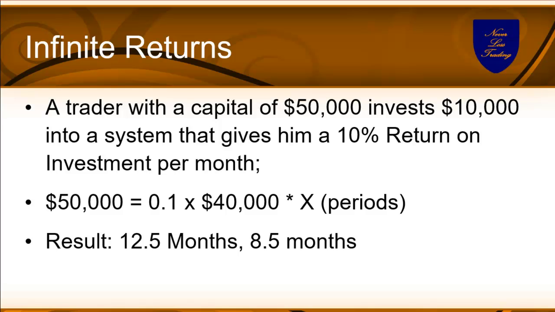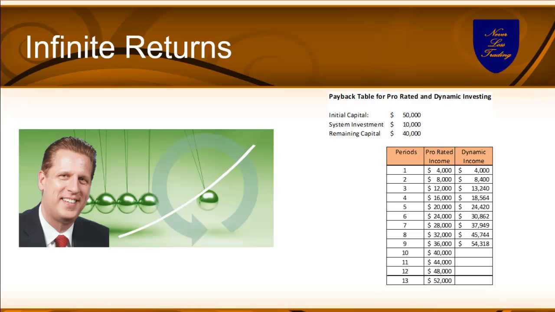Then we recuperate all the 50,000, so we have 50,000 additional capital, or 8.5 months, which we consider compounded interest. So how does it calculate? I put a little scheme up there that you see: when you make a 4,000 return in the first month and you consecutively always do the same, straightforward, it takes 12.5 months to be at 50,000. If you take a dynamic approach where you reinvest what you also made, then it takes 8.5 months to be at 50,000, and then you got all your capital back, and from there you can strive for infinite returns from your investments.